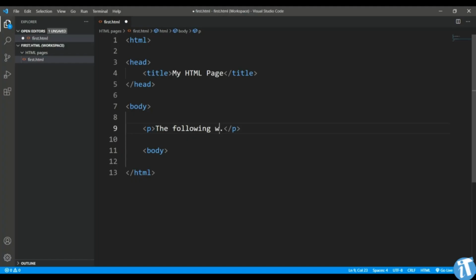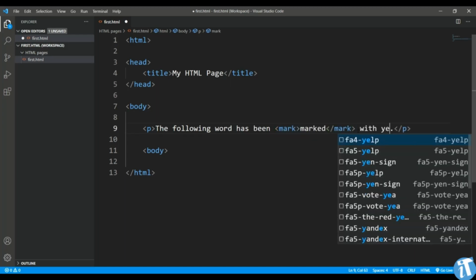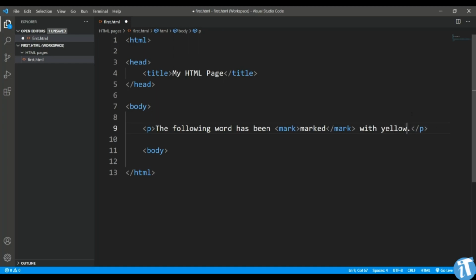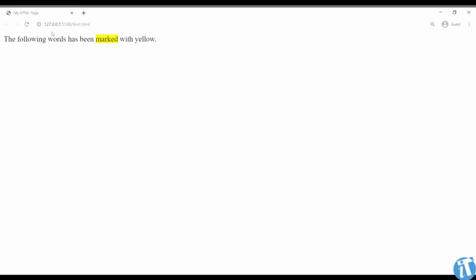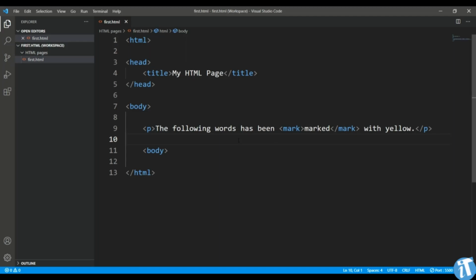Similarly, you can use the mark tag in order to highlight some of the important text out of a paragraph. As you can see here, the background of this particular marked text will be yellow. Alright, so if you want to highlight a particular text out of a big paragraph, you can use the mark tag and enclose the important text between that. If you want to change the color, like this one is highlighted in yellow, you can later start working on CSS, which will help you highlight the background of any text with the color